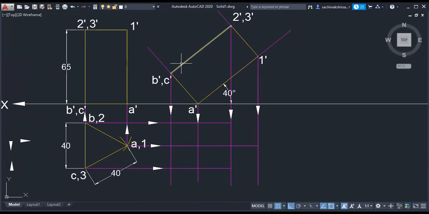Okay. So our task now is to locate the points. Shall we locate the points? Whether projection lines are drawn. Yes, sir. So let us first locate the base ABC. So point A, where will be the A point? The intersection of the A dash vertical downward line and the horizontal right line. Whatever point comes, the intersection of both, it will be